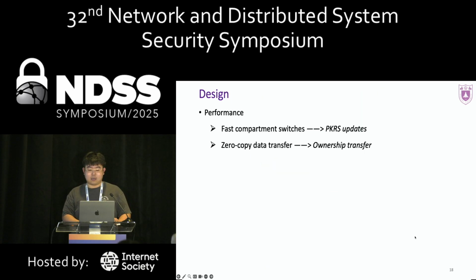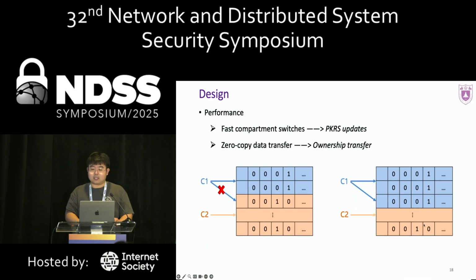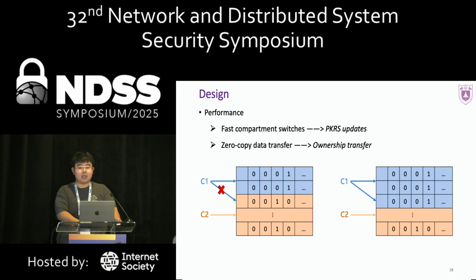For the performance objective, the hardware-based compartment switch only involves a specific register update. Besides, tag-based approaches support zero-copy data transfer. BULKHEAD tags data with a specific P key, which enforces single ownership of objects. In response to compartment switching, access from the target compartment will trigger a page fault. Then the monitor validates the shared data and just updates its P keys in the dedicated handler without copying data across compartments.